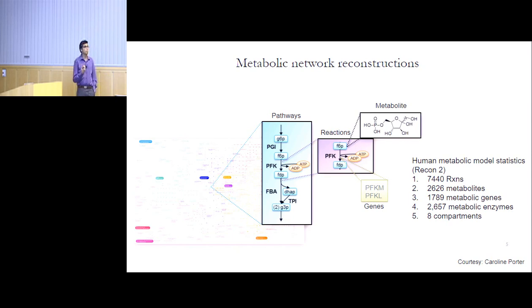We also have various compartments in the model. For example, glucose in the cytoplasm is very different from glucose in the nucleus, and it's different from glucose in the mitochondria. So we have compartments within our model. This model captures the interconversion of metabolites, what enzymes convert these metabolites, what genes encode proteins that form these enzyme complexes, how these enzymes are then organized into pathways, and how these pathways fit into the entire cellular network. So we can model all these changes using this model.